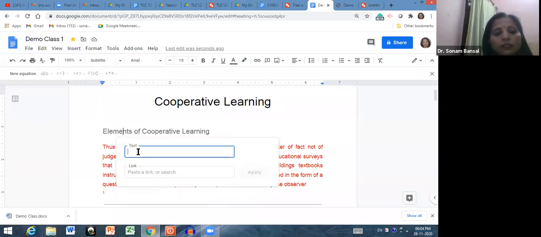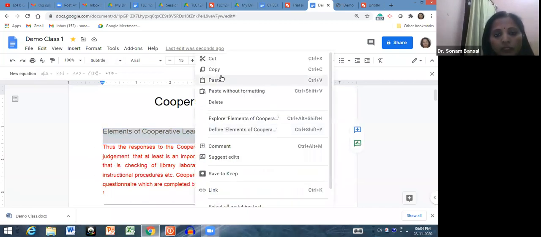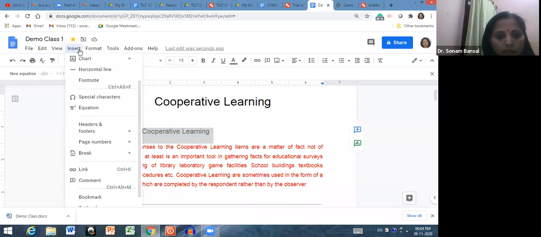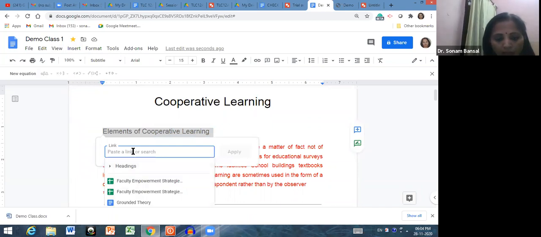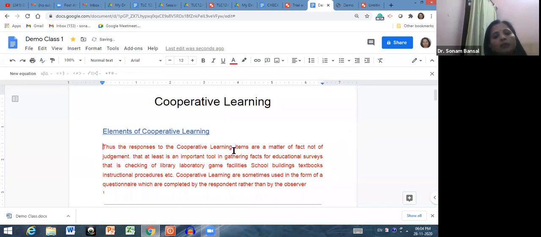If you want to link something, let me link these elements of cooperative learning. Then go to insert, go to link and add the text, Control V, elements of cooperative learning, 5 basic elements of cooperative learning, and apply.